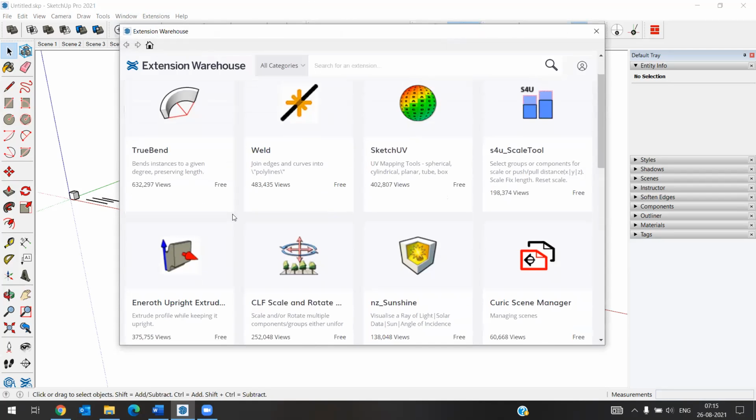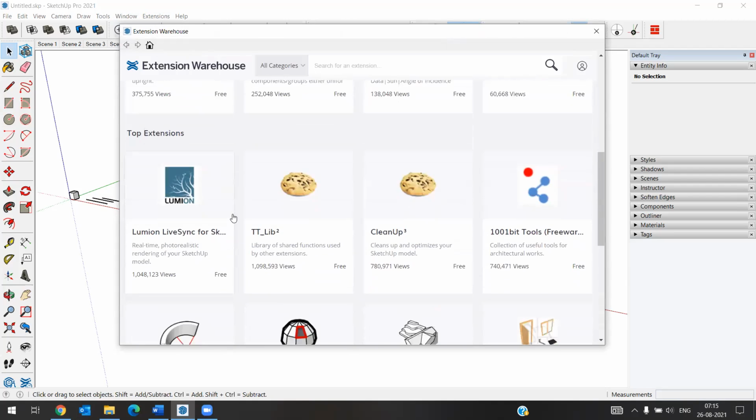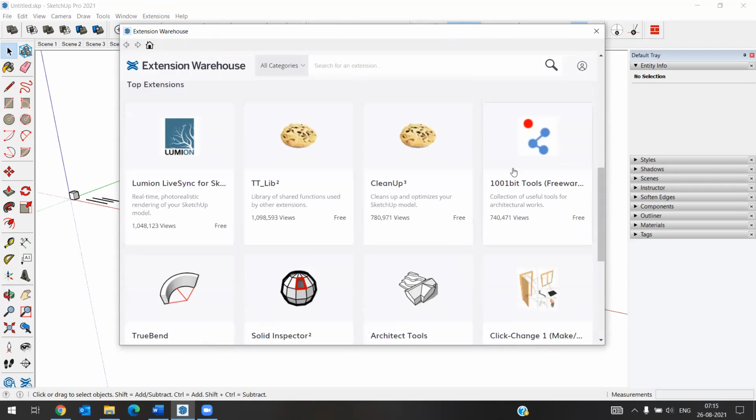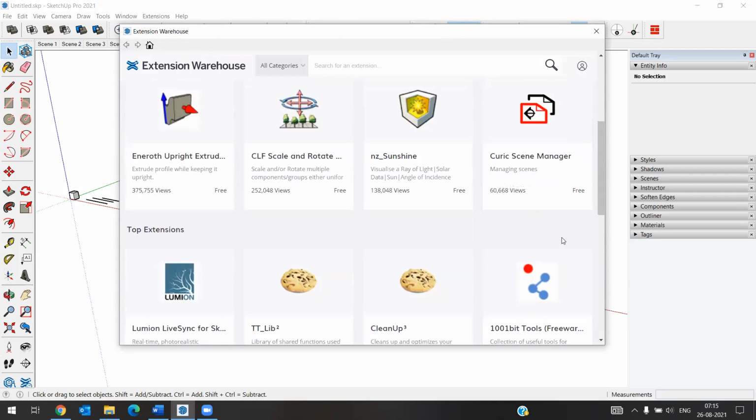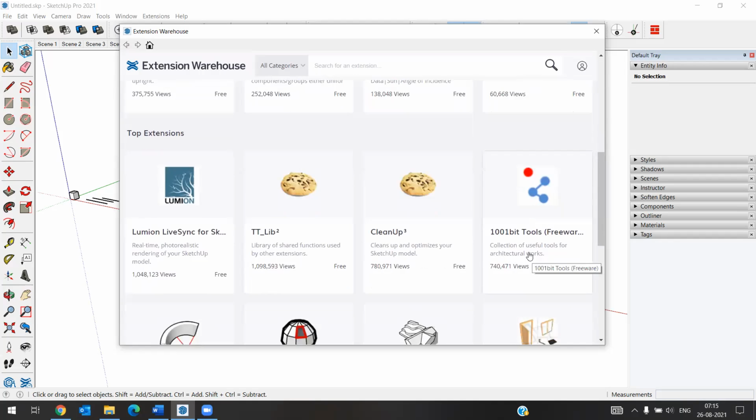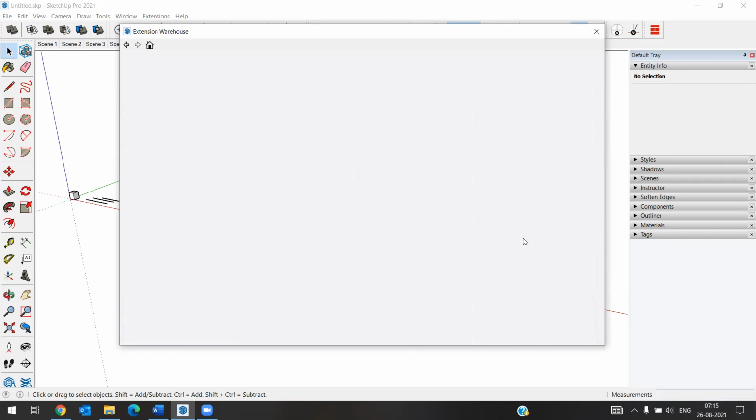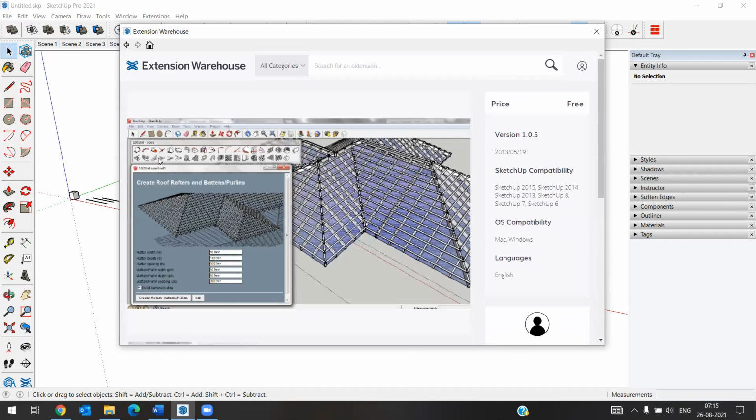There you have some extension tools. If you type also it will come, otherwise in second row only it is there, 1001 bit tools, and this is also free. If you click on that, you will get all these tools.